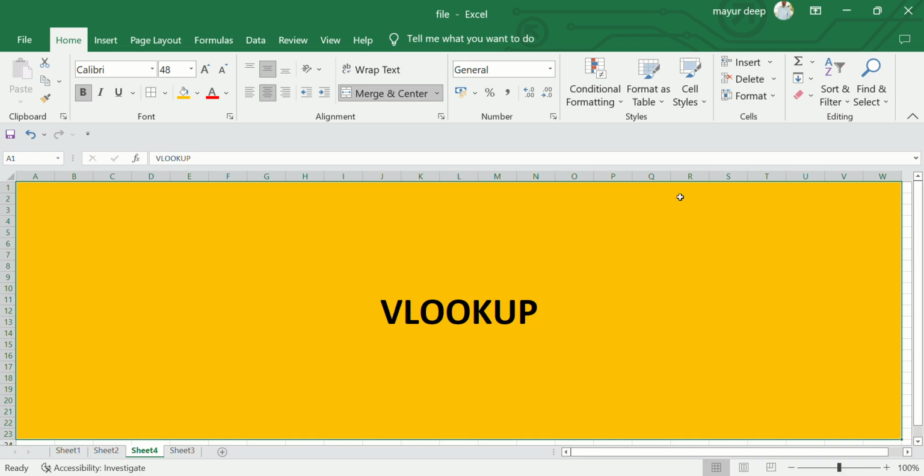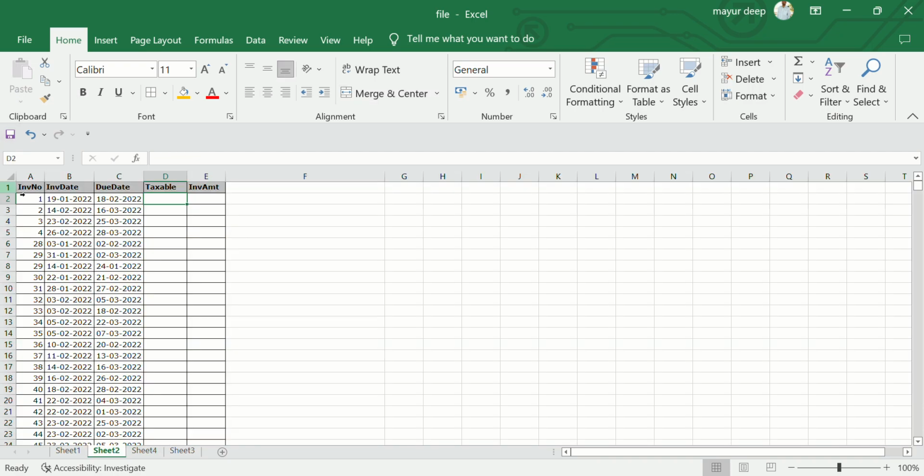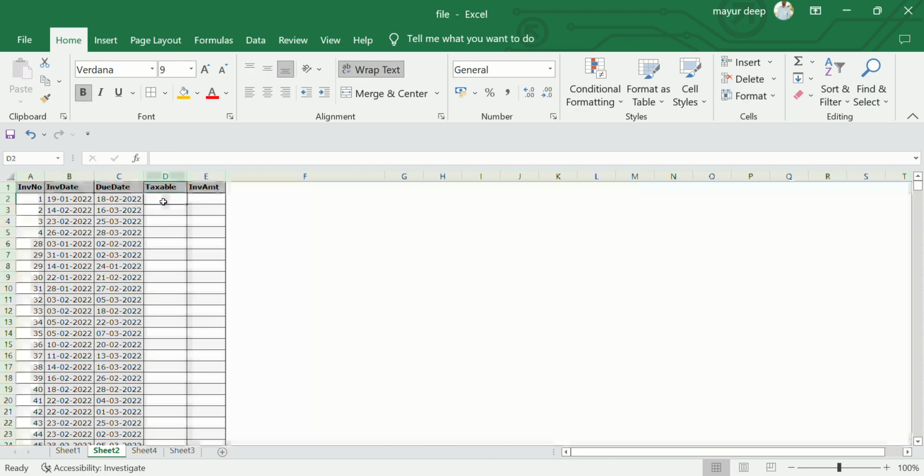हेलो एवरीवन। आज मैं आपको बताऊंगा व्हाट इज VLOOKUP, ठीक है, एंड कैसे यूज करते हैं, हाउ टू यूज VLOOKUP इन एन एक्सेल फाइल। ठीक है। सो VLOOKUP को हम वर्टिकल लुकअप भी बोल सकते हैं, और यूज कैसे करते हैं मैं आपको आज बताऊंगा।